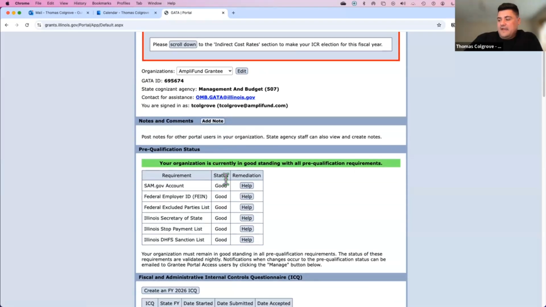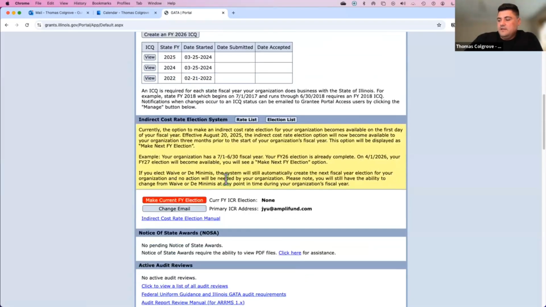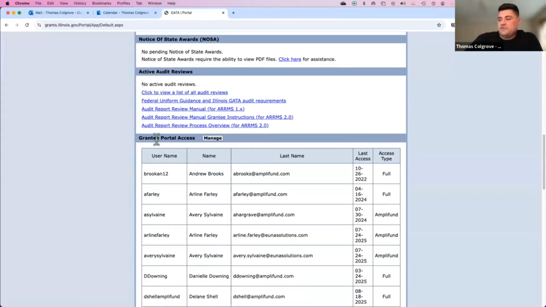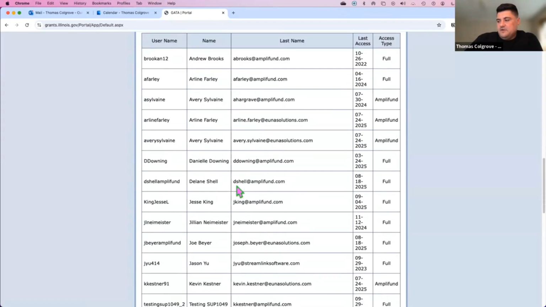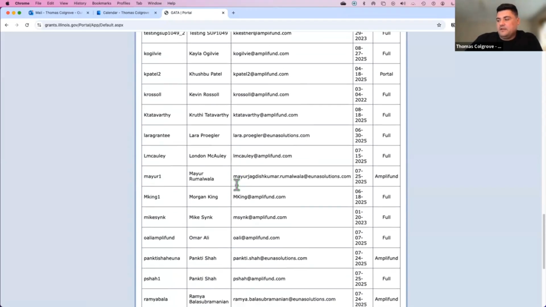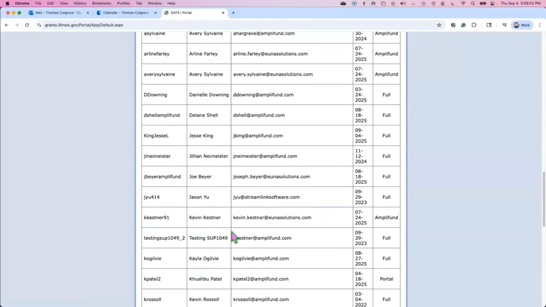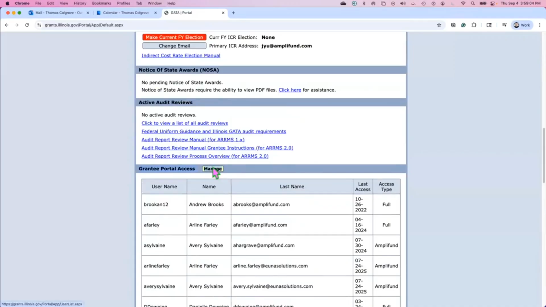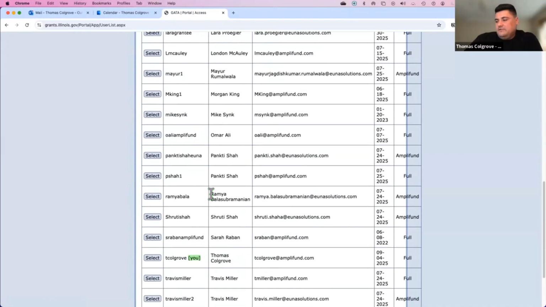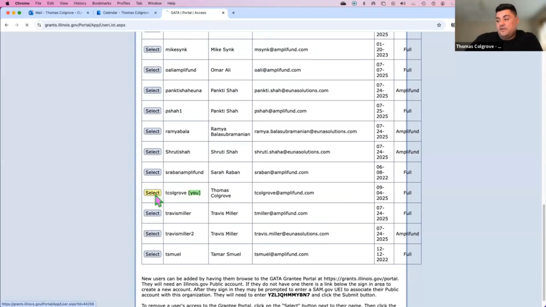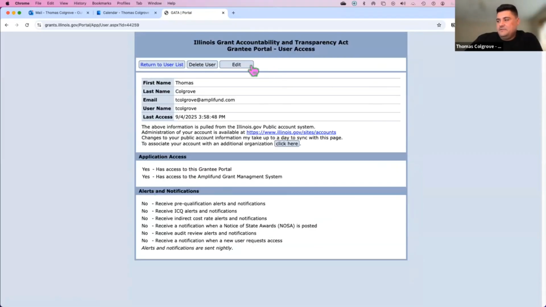From here, you can scroll down, and there's going to be a list of users, Grantee portal access. And these are going to be all the people who have access to your GATA Grantee portal account, right? Correct. And then you're going to click manage. You're going to scroll down, select the appropriate user that you want to have access to Amplifund, click edit, and